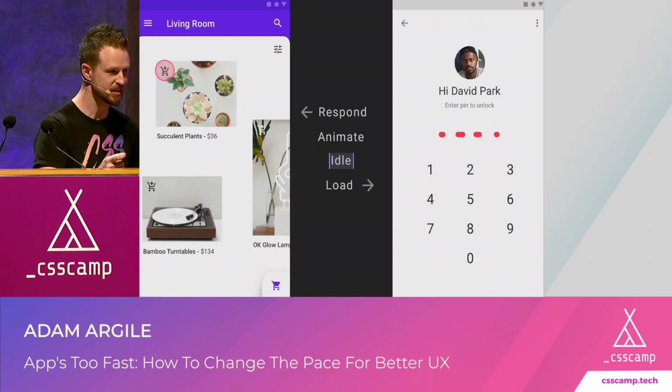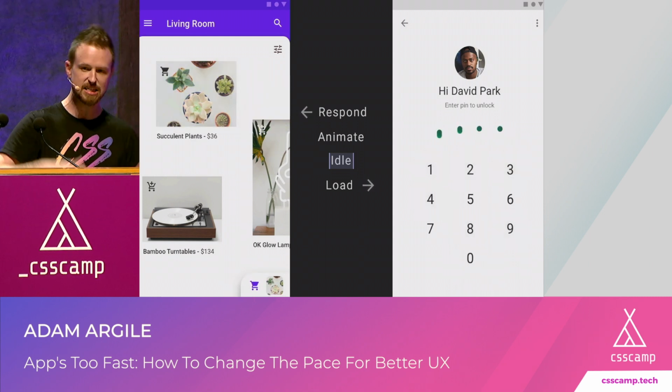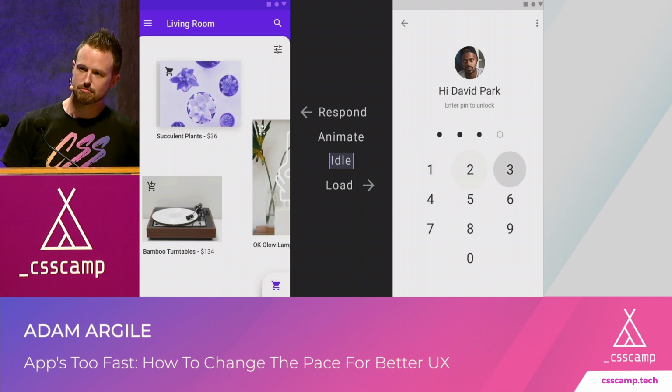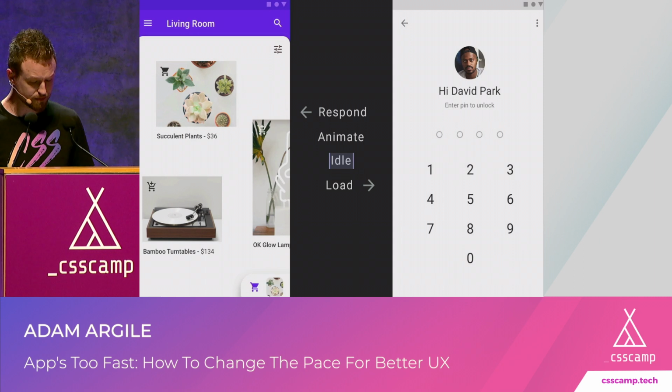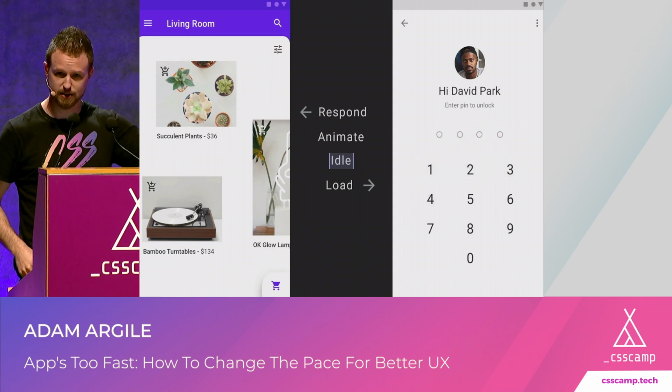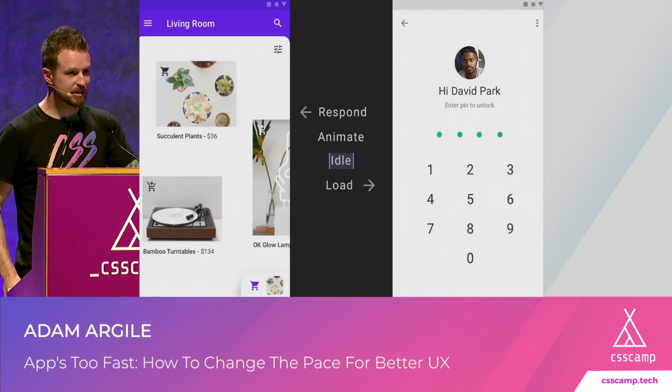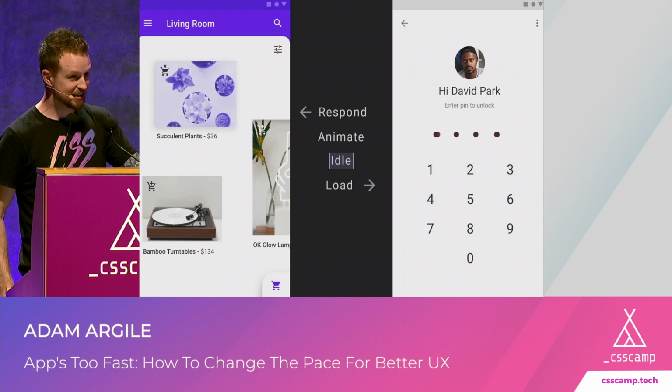That's one of the most important things at first. Because if they touch and nothing happens, they instantly think it's broken. Right? You're just like, oh, crap. I'll spam it. Maybe it'll work. Respond immediately with something. Then animate. During that animation, where it's idle,